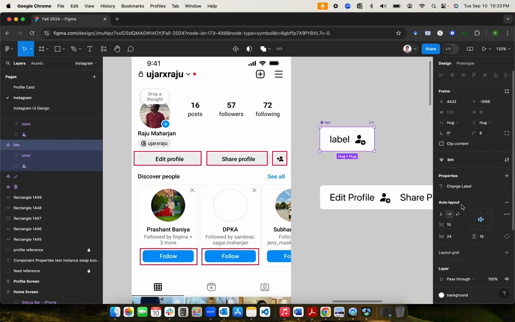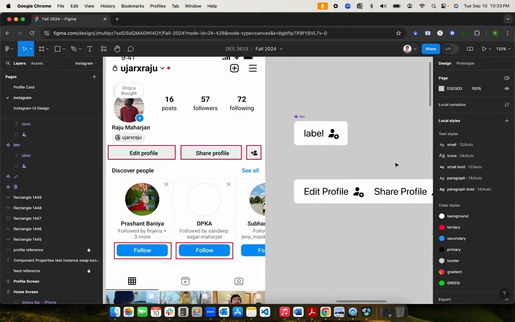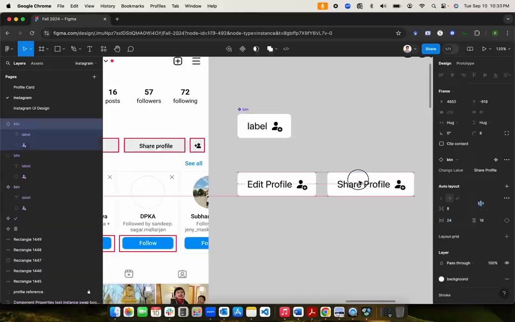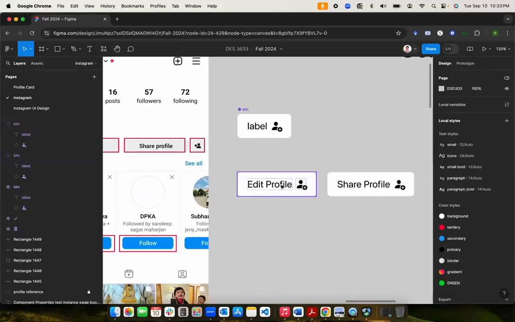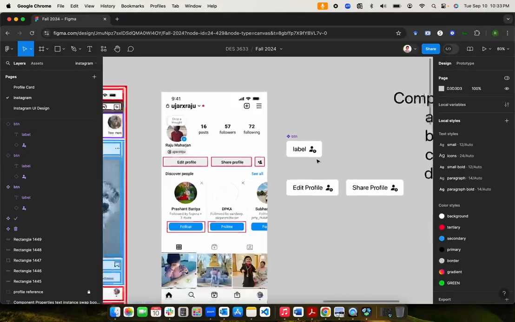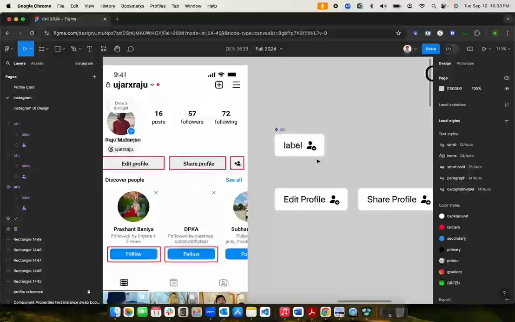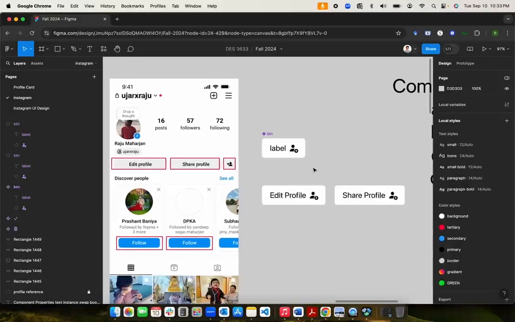So just to give it a little bit of consistent spacing, I'm going to say 16 or maybe 8. 16 is too far, I think. Okay, now you see that the icon is showing up in all the instances, right? Now what we want to do is hide this icon in these two buttons,